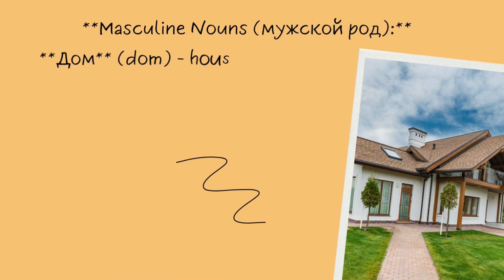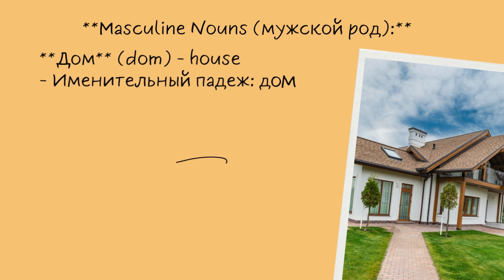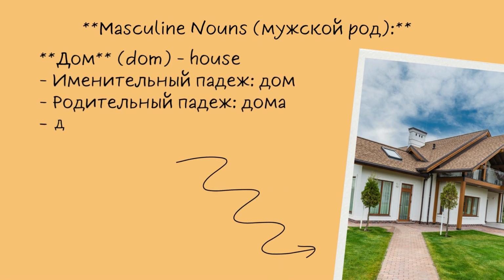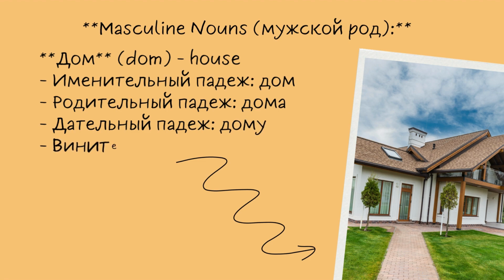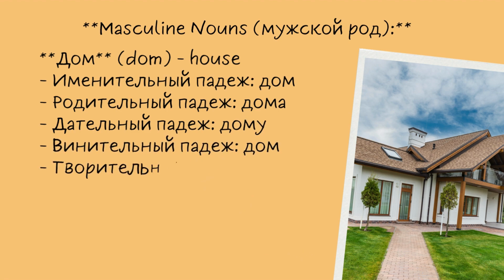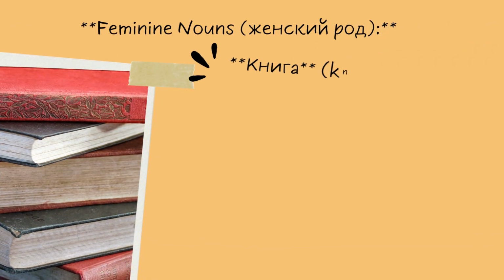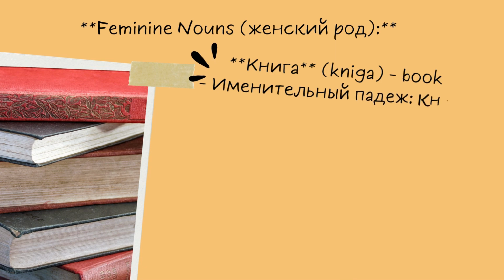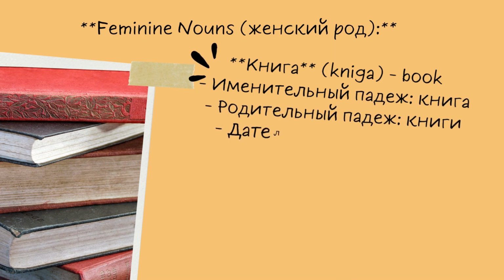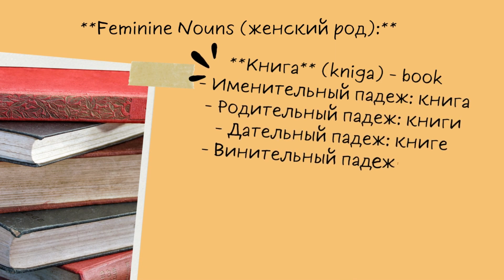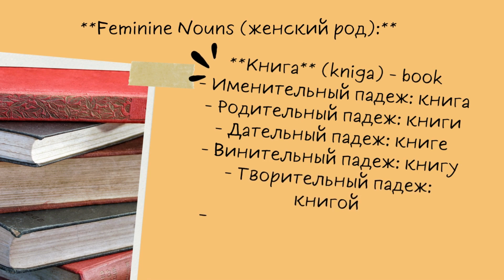2. Дом, house, именительный падеж, дом, родительный падеж, дома, дательный падеж, дому, винительный падеж, дом, творительный падеж, домом, предложный падеж, доме. Feminine. 1. Книга, book, именительный падеж, книга, родительный падеж, книге, дательный падеж, книге, винительный падеж, книгу, творительный падеж, книгой, предложный